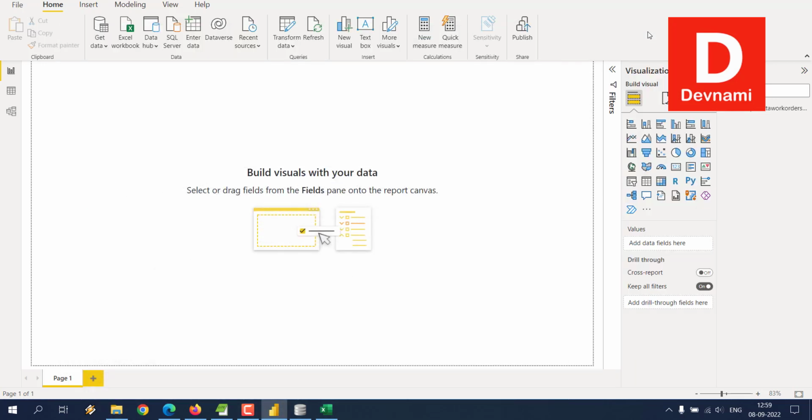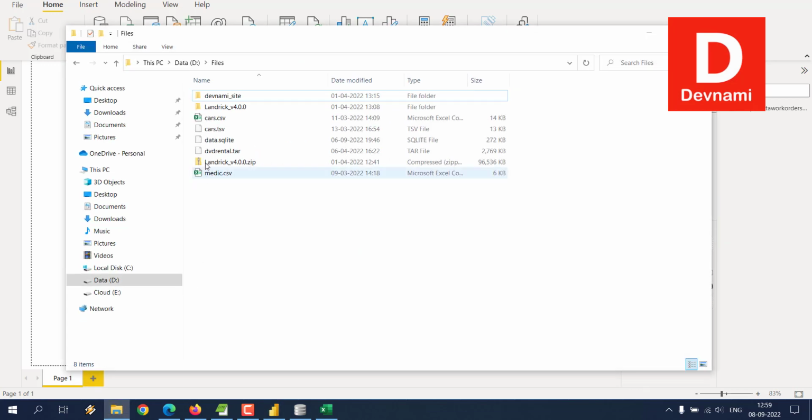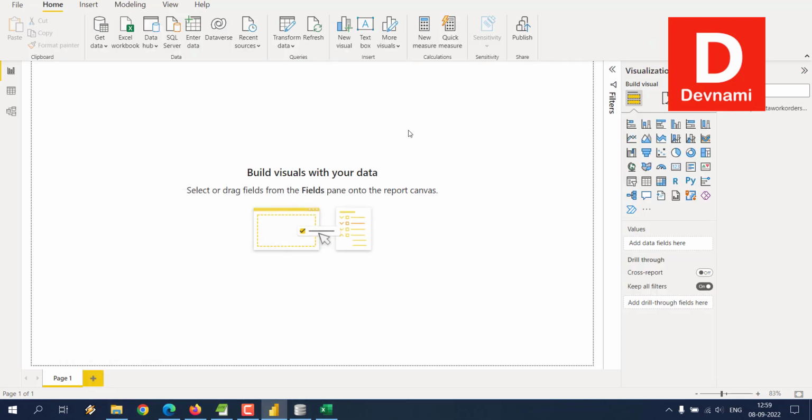For that, we simply use database equals to the path to this file, that means D drive, files and data.sqlite, and make sure that particular data source is SQLite 3. Okay, so up to this point we managed to come here. Now I want to take this data into the cloud. To do that, what we'll have to do is simply publish it,